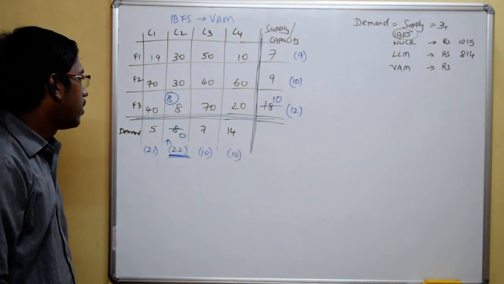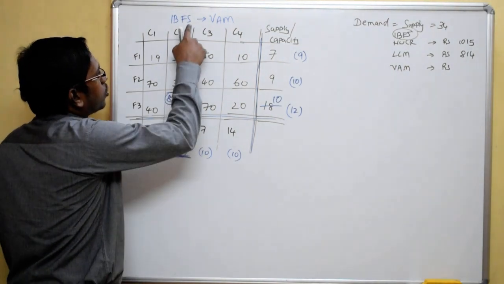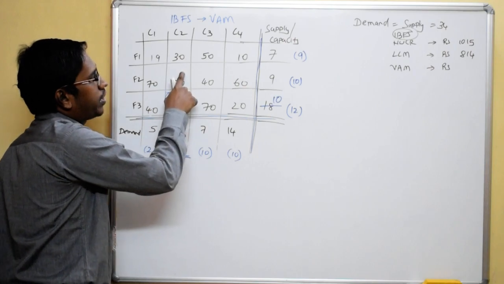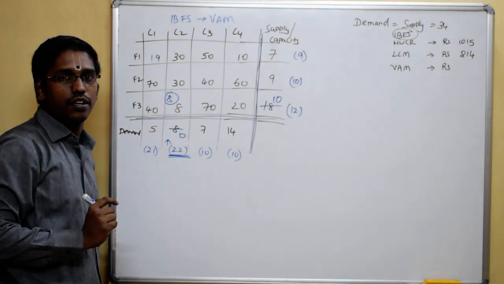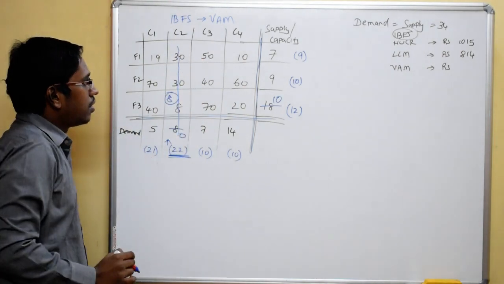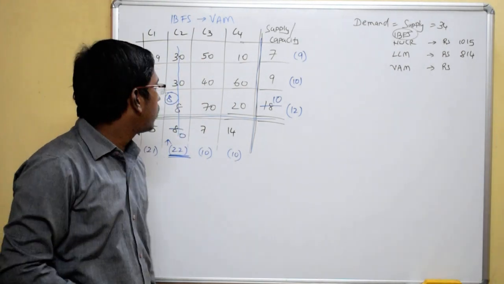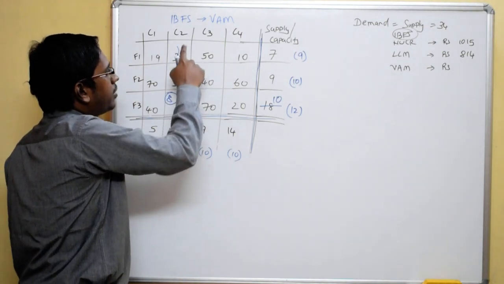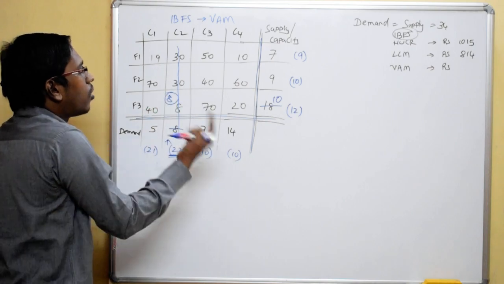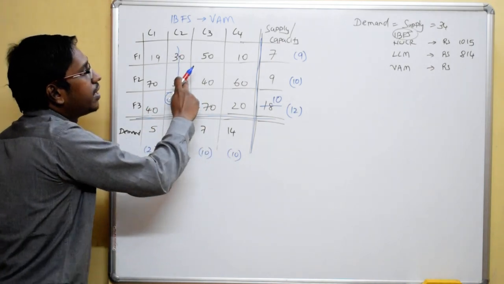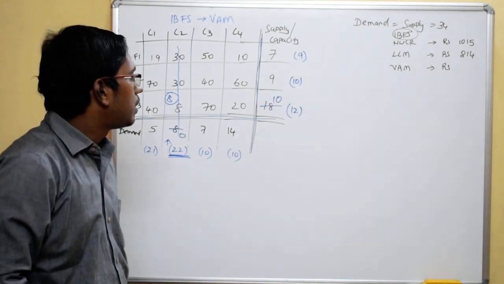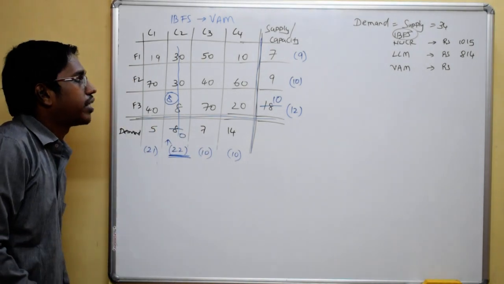If so much is clear, now this particular customer order has become 0, which means यहाँ पे कुछ भी allocation नहीं करना है, इधर भी allocation नहीं करना है. For some time what we'll do is, let's strike this off. Why strike this off? Because anyway यहाँ पे allocation नहीं आएगा, यहाँ पे allocation नहीं आएगा. So if there is no allocation going to come here, I will not take this number 30 and 30 next time when I write my penalties. Let's look at it. The picture will become more clear once we go to the next step.